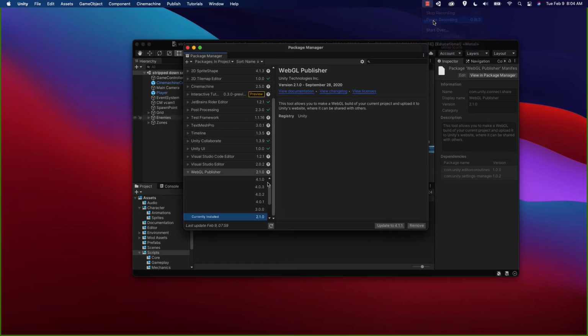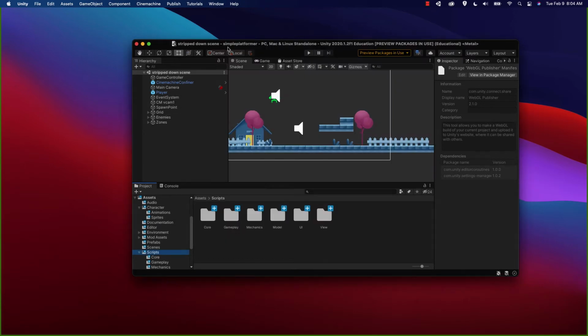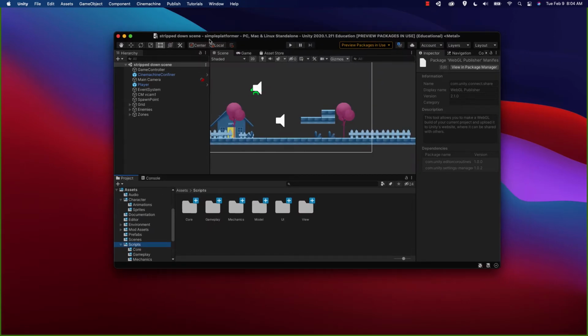Okay, so it's just going to say Web Publisher 2.1.0. Make sure you do not update it to 4.1.1 or whatever. That's the latest version, and it doesn't seem to work with what we're trying to do. Okay, so we can now close Package Manager, and we are now going to switch our file,